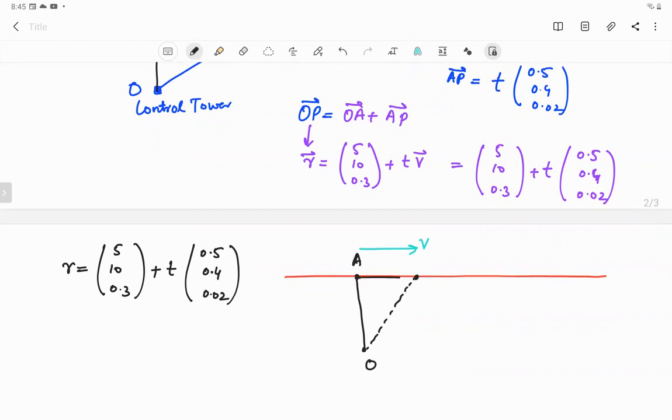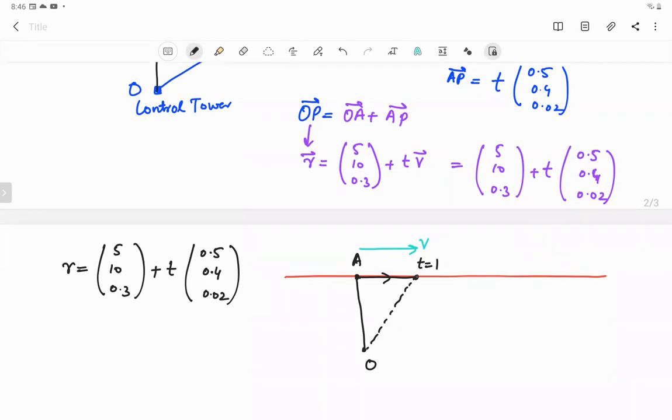T is a parameter, yes, it's a parameter. Right now, since I am just specifying the path of an aeroplane, it is due to this reason that I am saying that t is time in seconds. However, when we will generalize this concept to a three-dimensional vector equation, then t is a parameter. Yes, t is a parameter which is controlling the motion, controlling the points on the line.